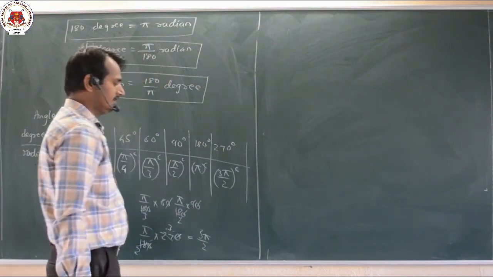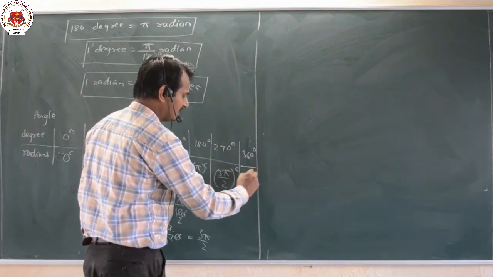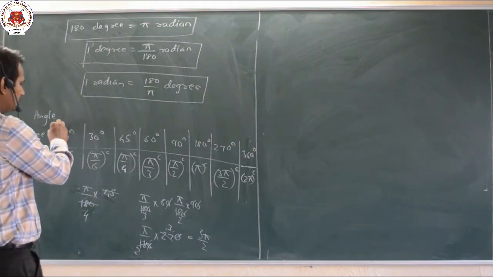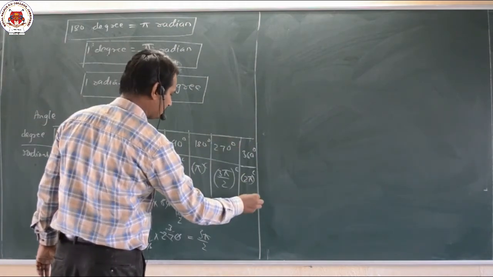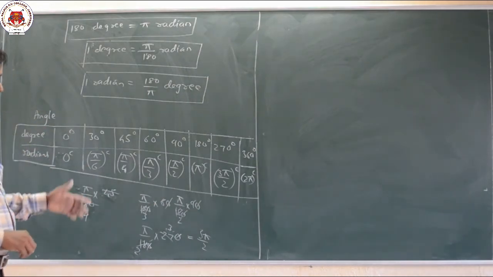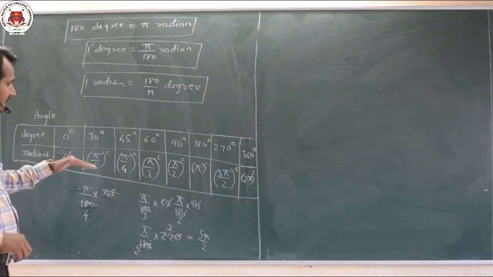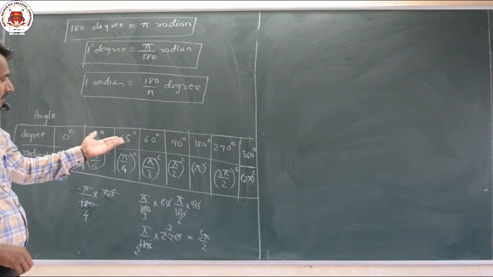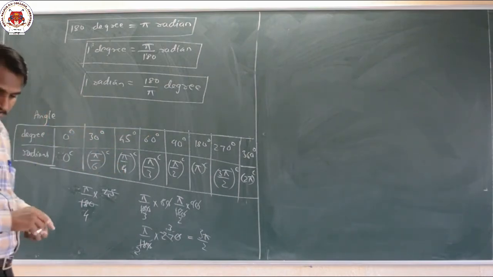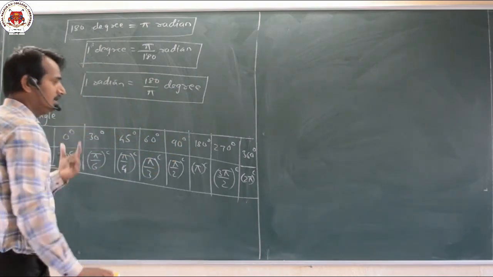And at last, if I take 360 degrees, that you know directly, that is nothing but 2 pi radian. So these are, dear students, the standard angles. In the examination, both are the same thing. Sometimes we call it the sine of 30 degrees, in the same manner sine of pi by 6, cos 45, cos of pi by 4, in that manner we are discussing. These are the standard angles, both in terms of degrees and in terms of radians.